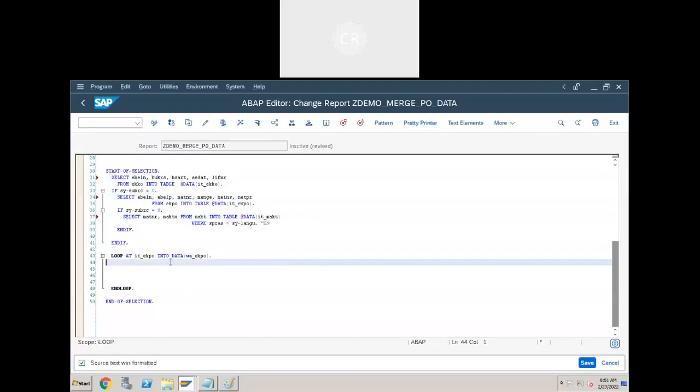Now populate the data to the final internal table, whatever the records coming from EKPO. Final-ebelp equal to wa_ekpo-ebelp. What is the other field we are getting from EKPO table?